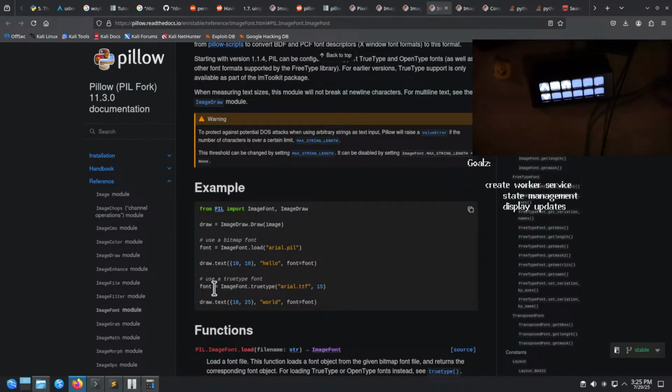In their example, they just load a true type Arial TTF font. I guess that's setting the size to 15 point. And then they're using draw text. Okay. So we should be able to make an